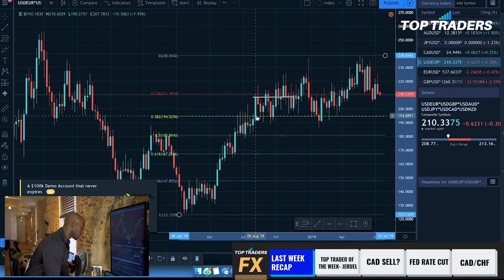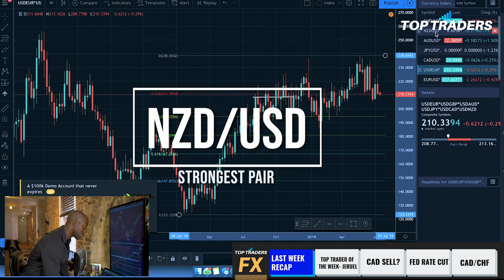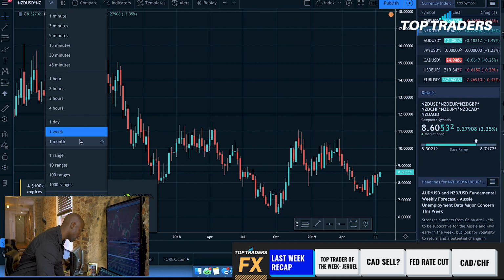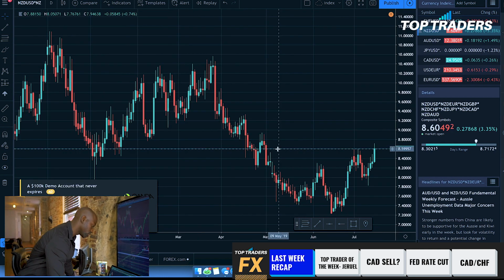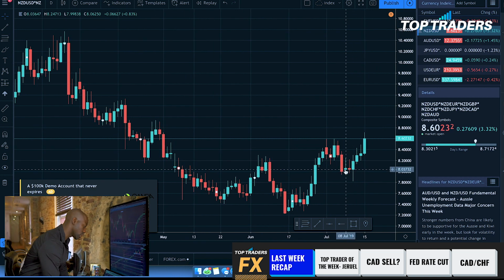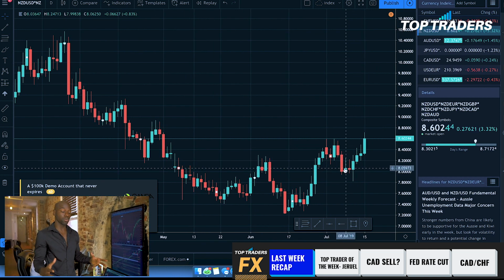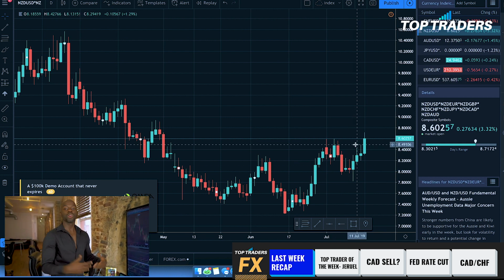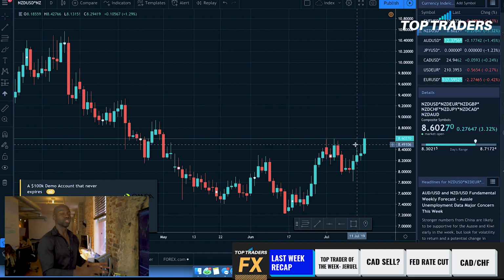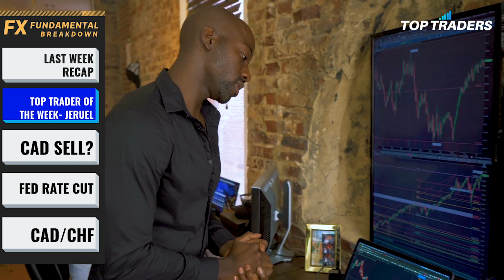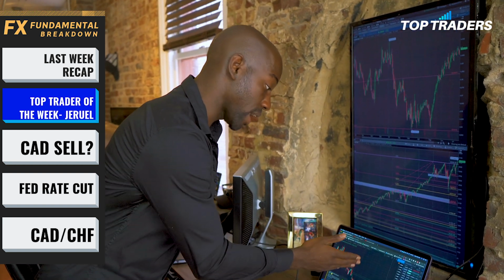Now, outside of that, the strongest pair last week was the NZD. Kind of comes as a surprise a bit, all right? If I show you guys what that's looking like on the daily time frame, you will see a pretty dramatic price move to the upside. Nothing too substantial, right? We were consolidating for a bit, and markets were fairly calm last week, and you can see that even just this one little push to the upside made the NZD the strongest moving currency. So that's how you know we don't have any kind of record volatility like we were having earlier this year. Okay, so yes, NZD back to the upside here.